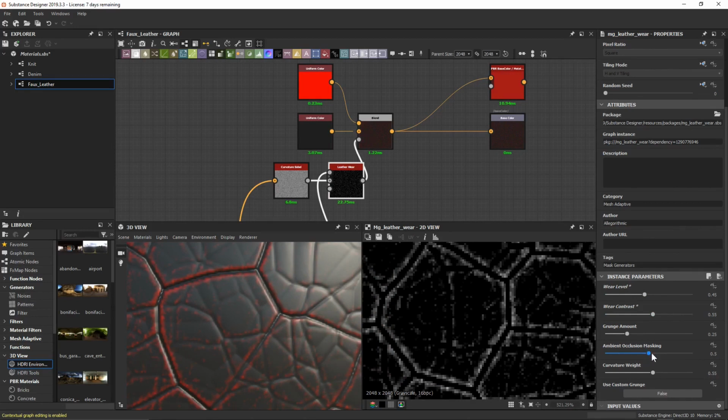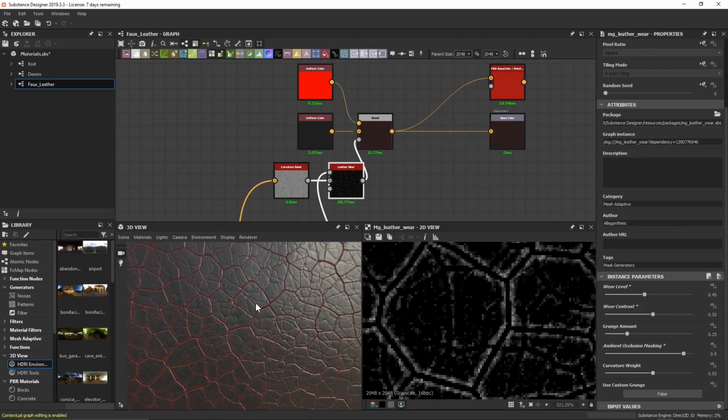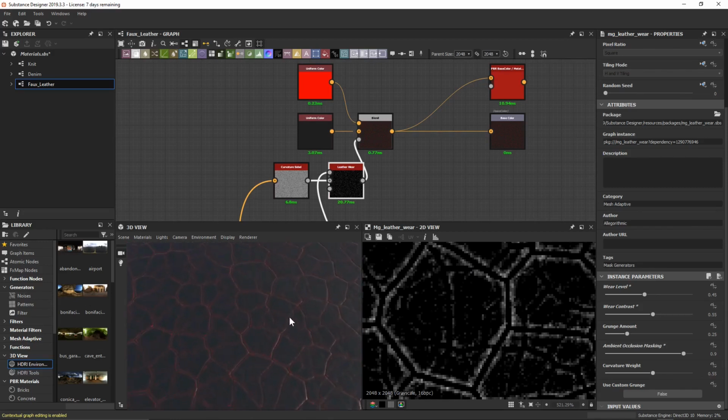And I'm also going to bring our ambient occlusion masking up to around 0.9 so that we're going to get rid of kind of any of the values in the actual cracks themselves, because realistically they'd be kind of safe from any wear and tear because they're not super exposed. So I think this is starting to look pretty cool, but we're going to need to definitely start to change